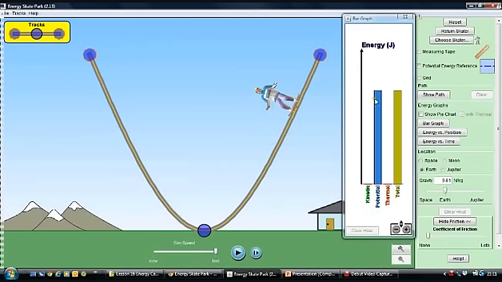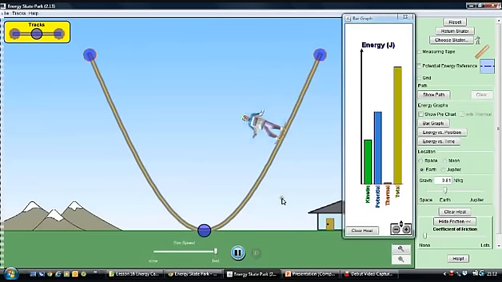His potential energy is to do with how high he is. So he's lifted up high. I can lift him even higher, give him some more potential energy. And his total energy, obviously we've only got potential energy, so his total energy and his potential energy is the same. If I let him go, see that as he falls, the energy turns from potential energy at the top